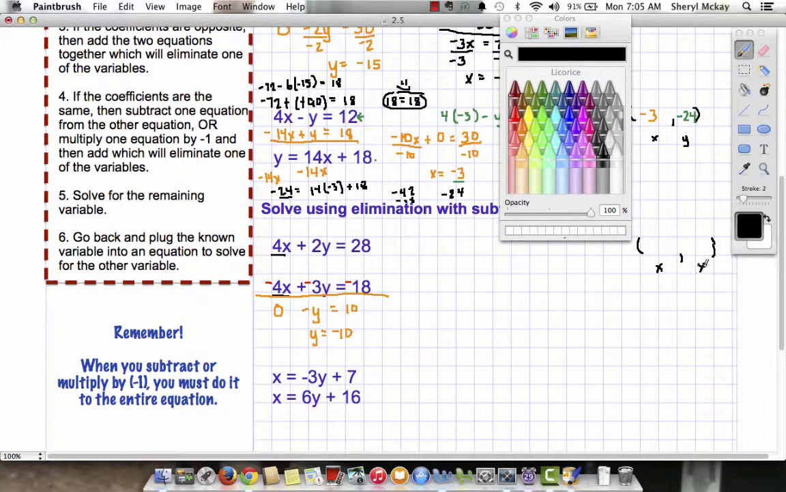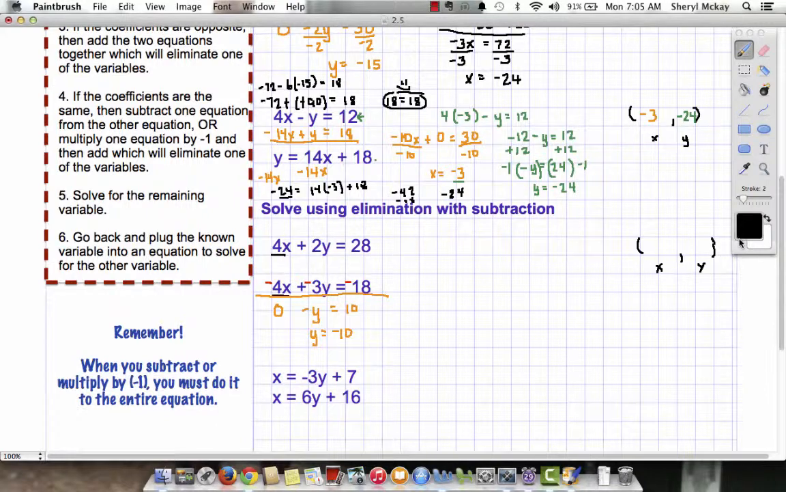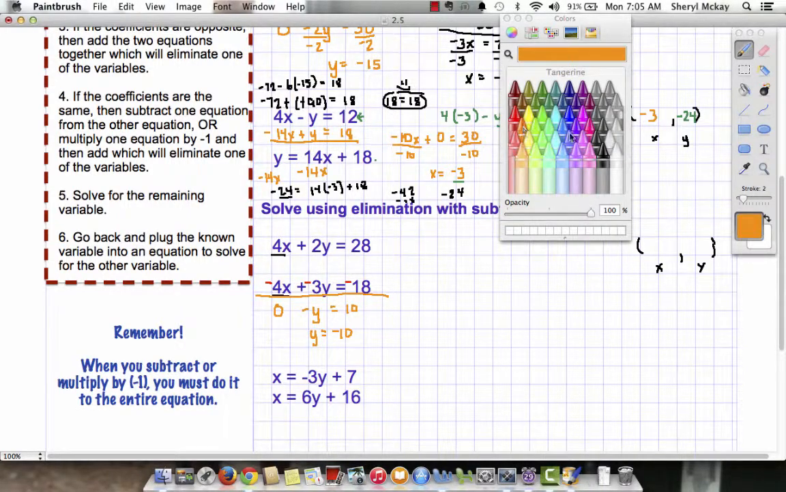x and y, and I've said that y equals -10. Okay? Now I need to figure out what x is. So I'm going to take y equals -10, and I'm going to put it in place of one of these y's. I'm just going to choose this one. Really doesn't matter which one you choose. We always go back and we check them anyway. But I always like the easy. So I'm going to use a different color,